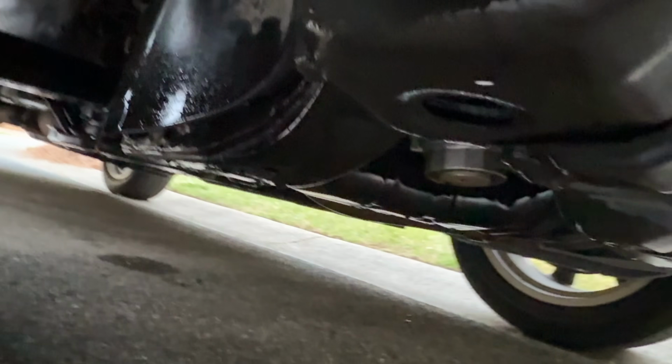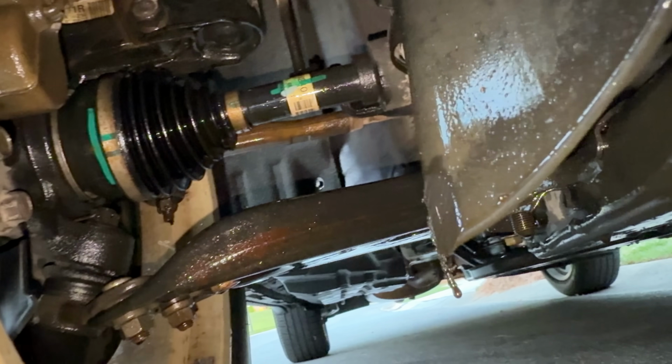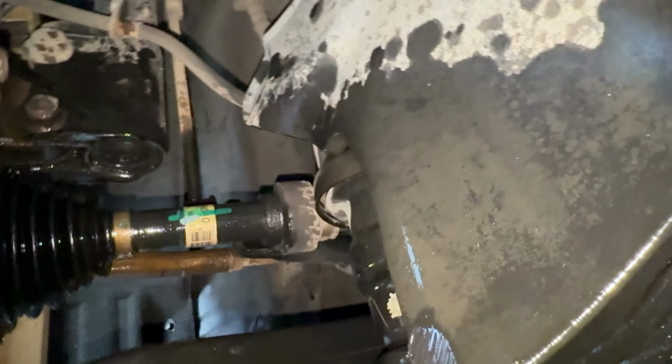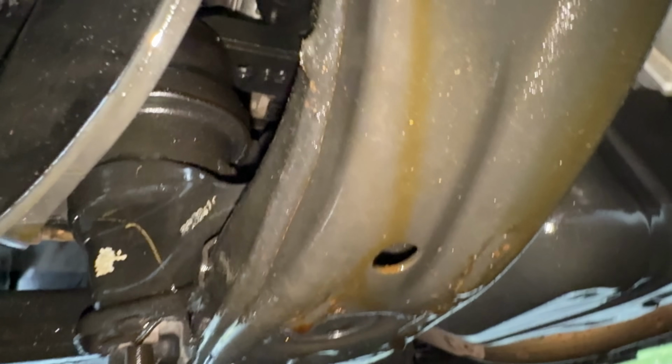Let's see what we got here. Oh man, looks like something completely exploded under here. Oil is just spewing. Oh, it's dripping on me. You can see it's just sporadic drips everywhere. This could very well be the death nail